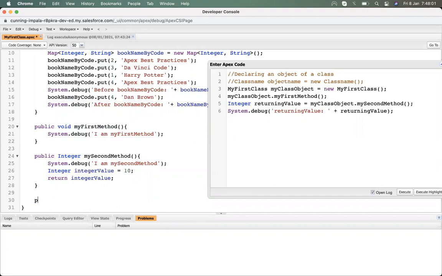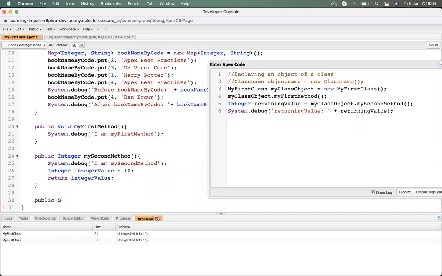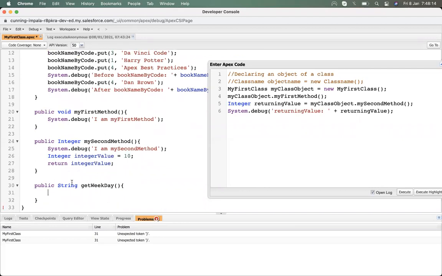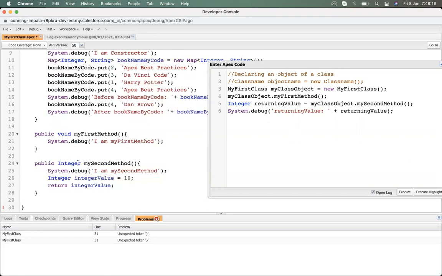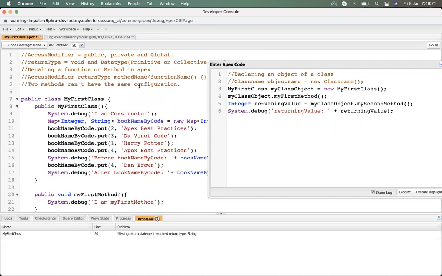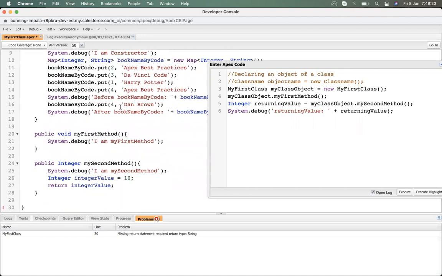So let's write public string getWeekDay. Okay. Sorry, before going to that example, we first have to know about the configuration, what the configuration means.